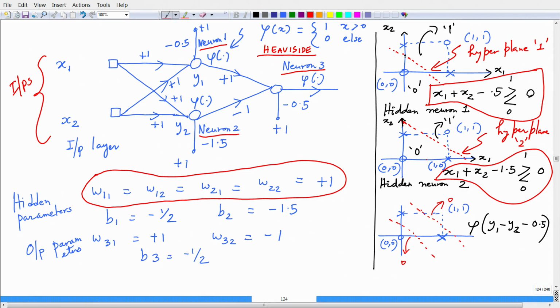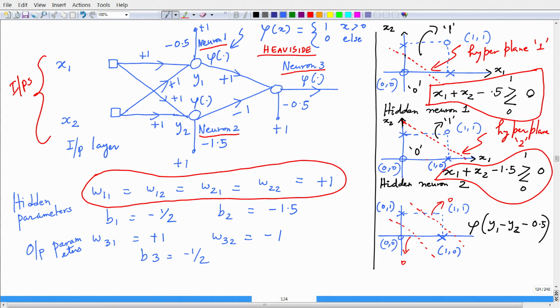So, I get the output 1 for data points 1 comma 0 and 0 comma 1, and for the other two data points I get 0. So, this is cleverly combined, and carefully observe the negative sign that I have here. Okay. Now, this gives us a sort of a feel for how we can build networks that solve higher variable XOR problems, that is, the multivariable XOR problem, right.